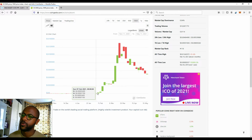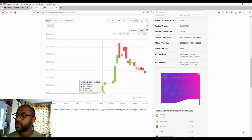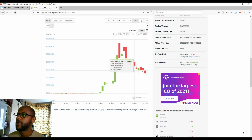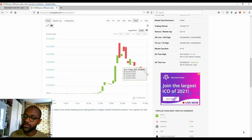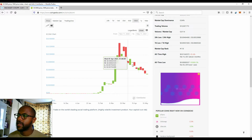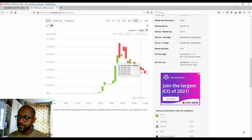Now, I've been following OMI. Some people in my community have been talking about it and made really good profits from this. However, now it's been correcting from that massive rally, which is very healthy to see. It's a beautiful correction because it's looking like a falling wedge. Now, this is a healthy correction, and if it breaks out of this wedge, then it can continue its rally